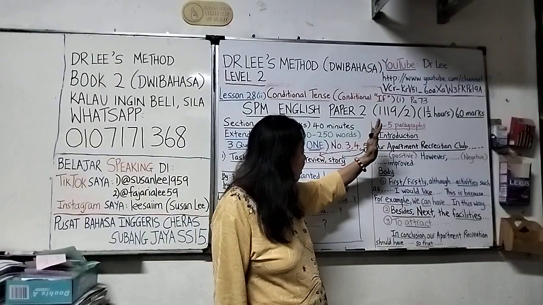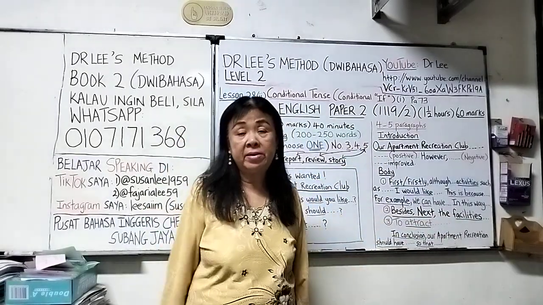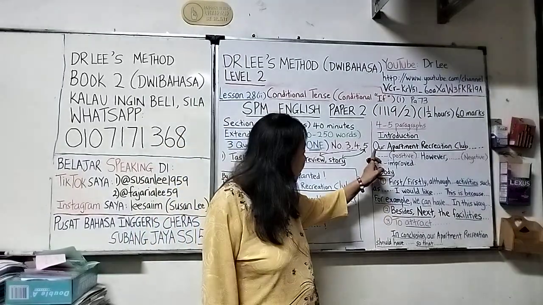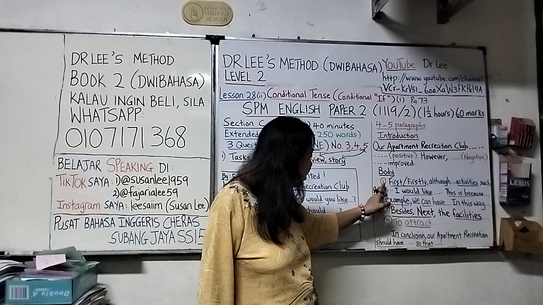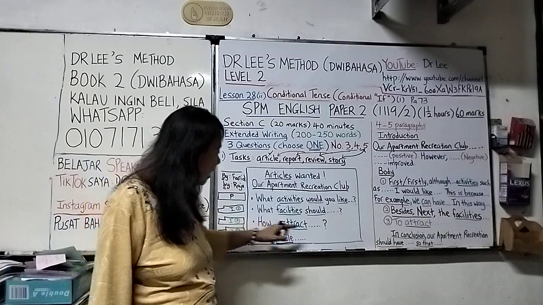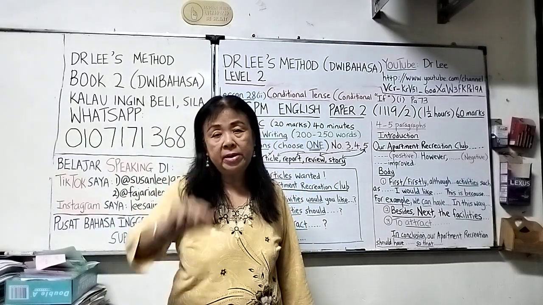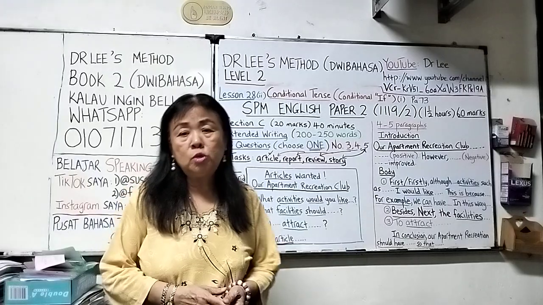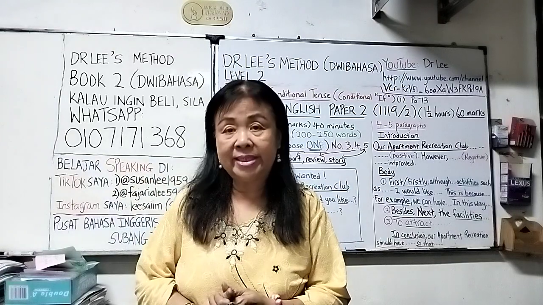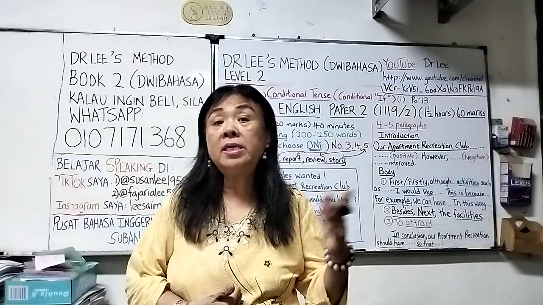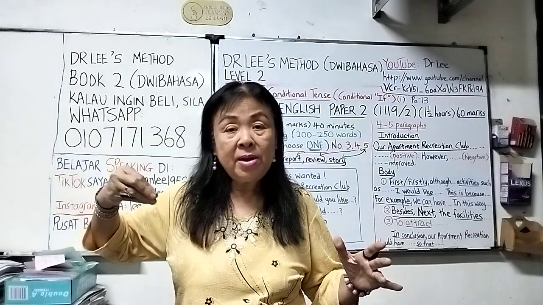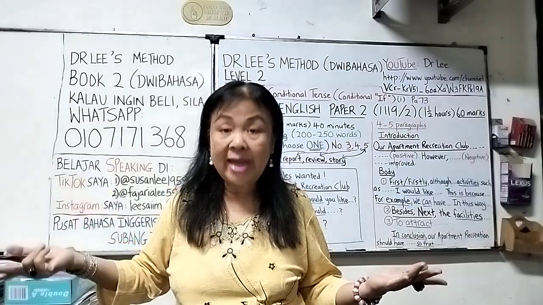Now it is suggested that you answer in 4 or 5 paragraphs. For me, I would answer 5 paragraphs. First paragraph is my introduction. Second paragraph is to answer this question. Third paragraph, this question. Fourth paragraph, this question. And the last paragraph is the conclusion. Total 5 paragraphs. So if you are planning to write 200 words, for example, you still can write 5 paragraphs, but maybe it will be shorter. It does not mean that your essay is worse. No. Of course, if you can write until 250 in 5 paragraphs, so much the better. An extra 2 or 3 lines only.